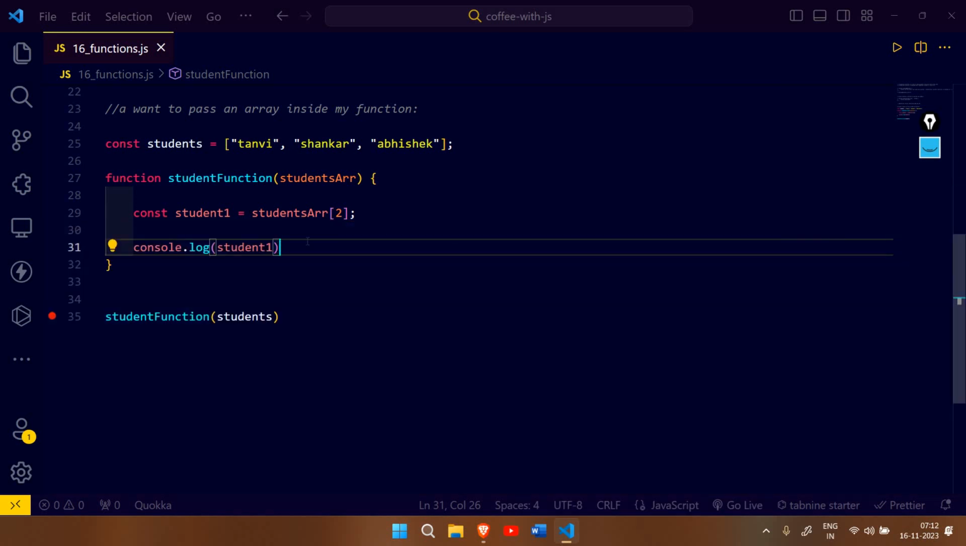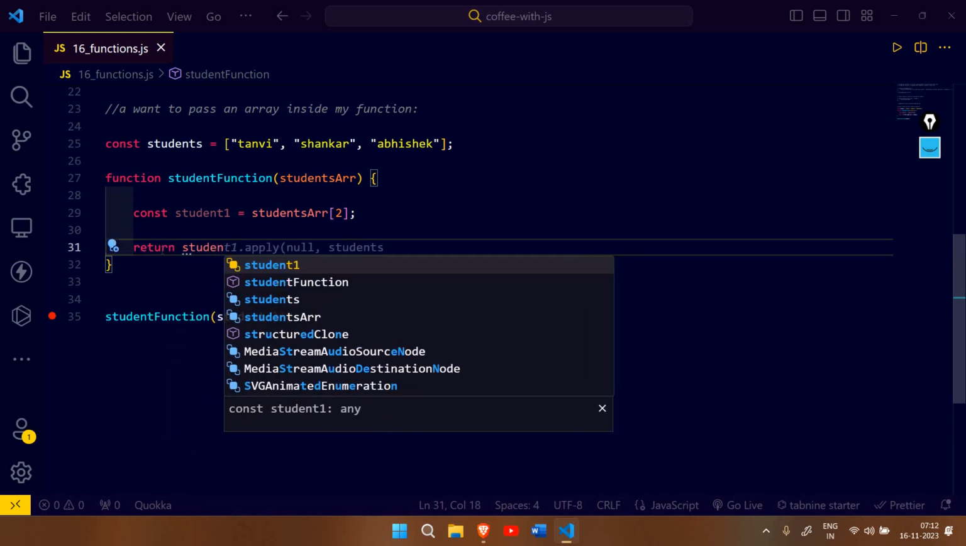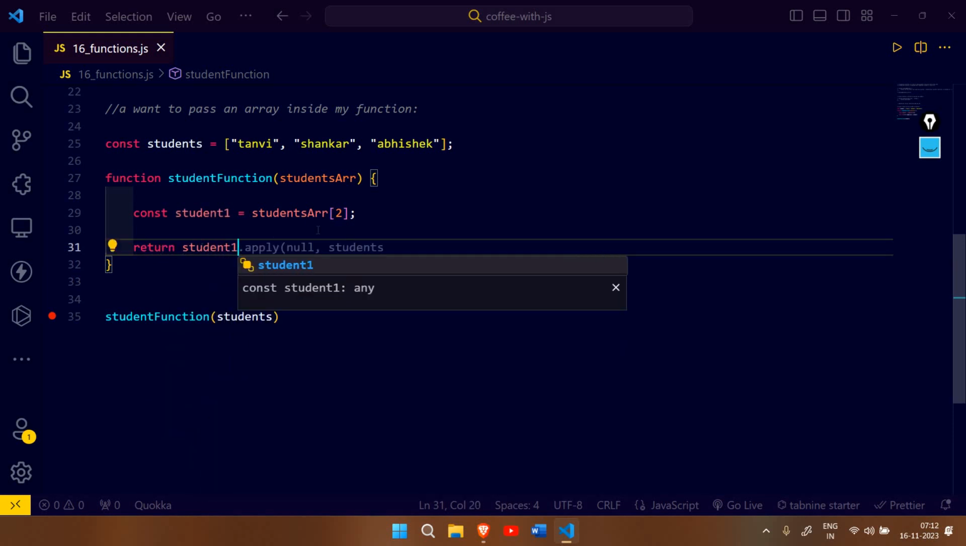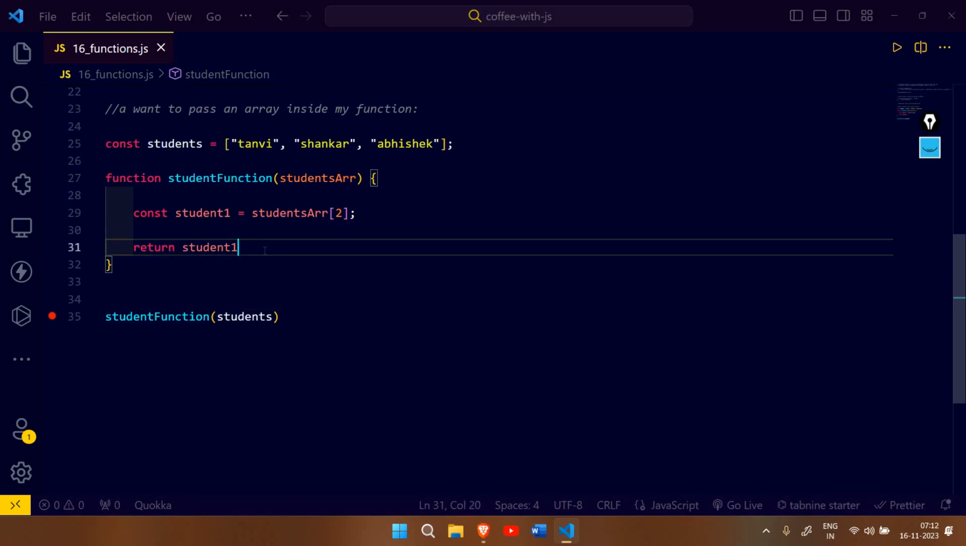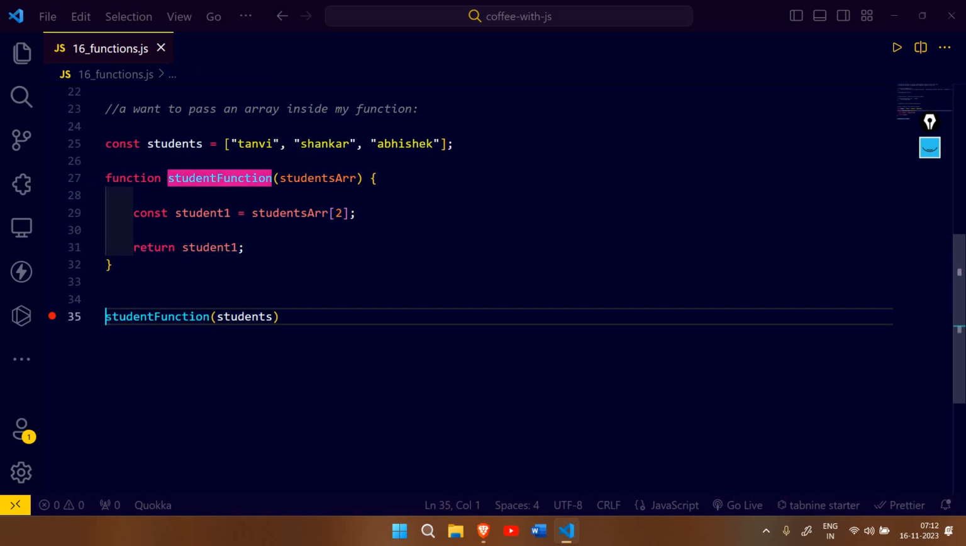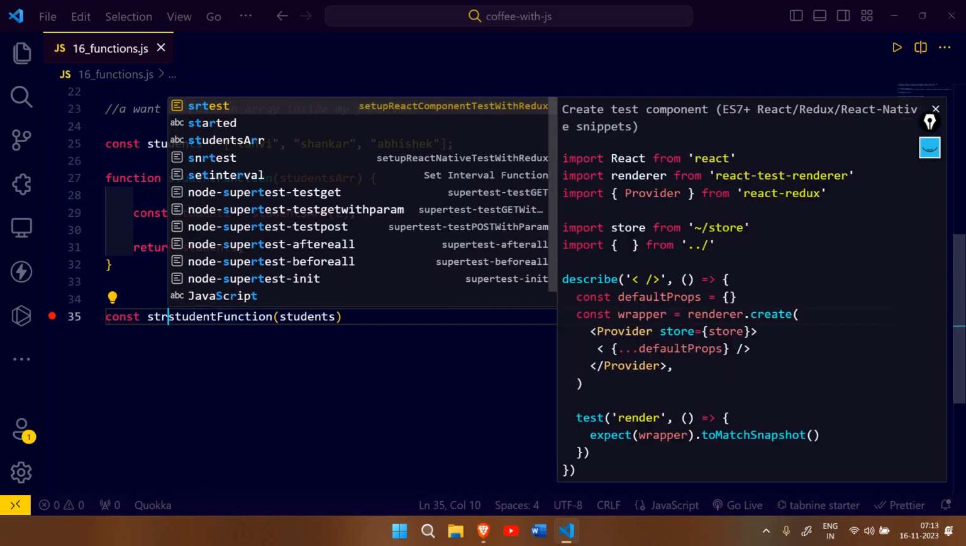So getting the point, I can even return it, return in the sense कि अगर मैं इसको return भी कर सकता हूँ, like I want to return student one, ठीक है। और मैं इसको अगर यहाँ पर रिटर्न करता हूँ, तो मुझे क्या करना पड़ेगा, वो बाहर अगर मैं इस फंक्शन को कॉल कर रहा हूँ, तो I will have to store this value in some variable।